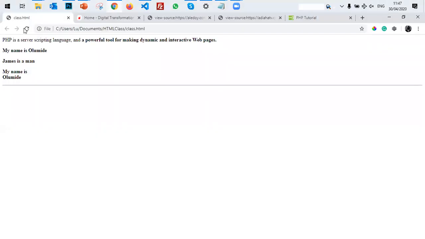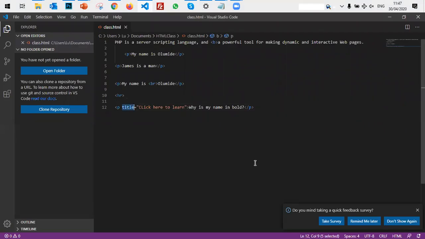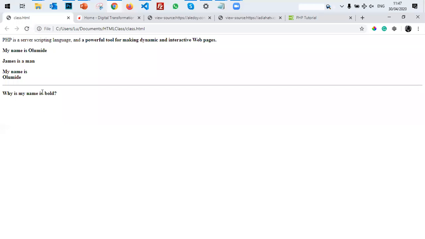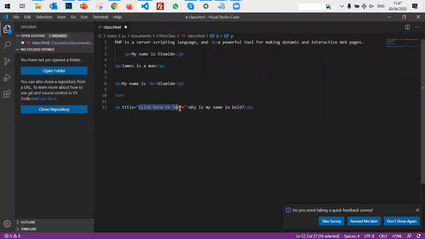On a website or on a link, you see a text and you move your mouse over it and it gives you this tooltip. That's what is called a title attribute in any tag. So title can be used not only with paragraph, it can be used with links, with images, with any kind of tag that we already have. The only thing it does is that if you move your mouse over that particular part of your HTML document, whatever you put as the value for title becomes a tooltip. So this is one attribute. Another major attribute is